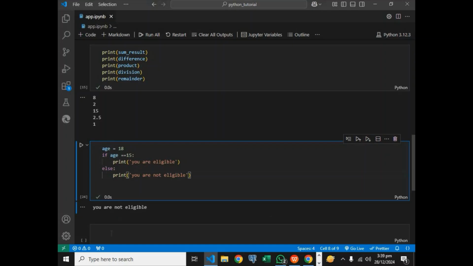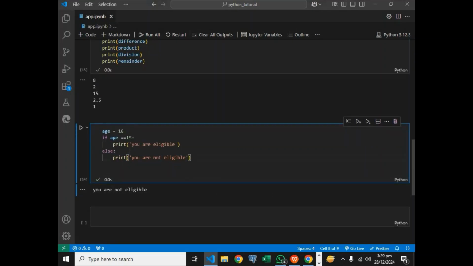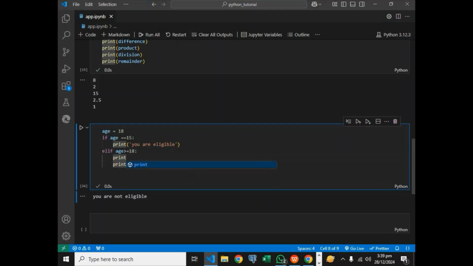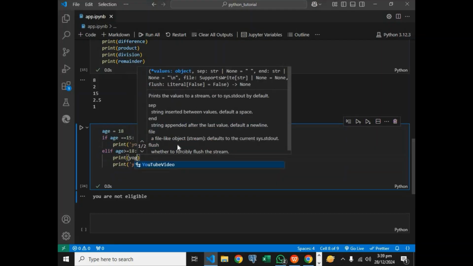There's another thing we call elif. All right, elif. Elif will tell us, okay, you say elif age equals to, or let's assume is greater than or equals to 18. All right, now I say print